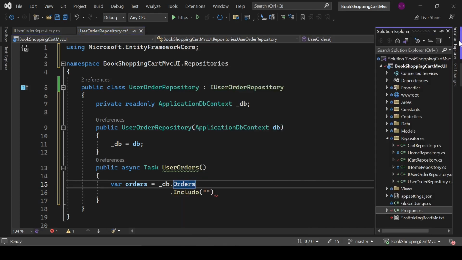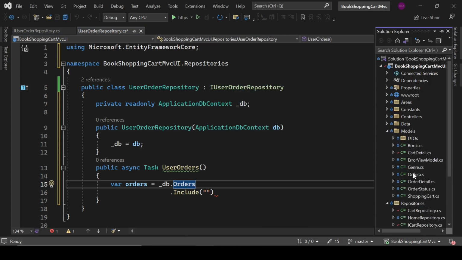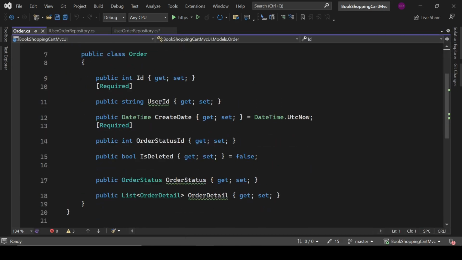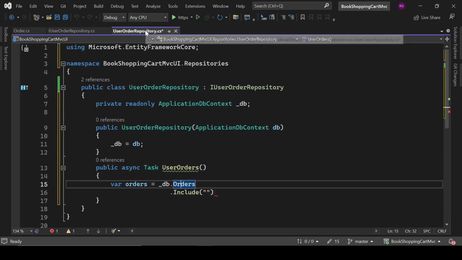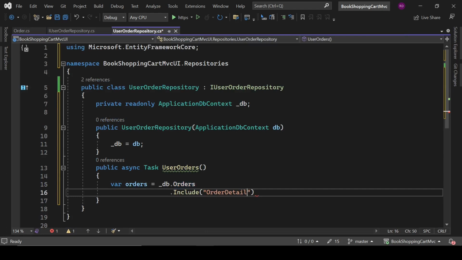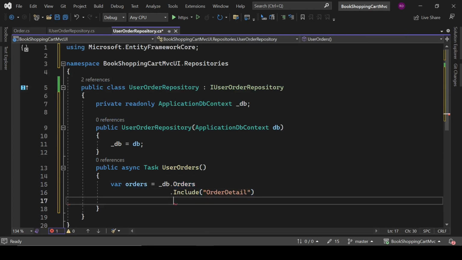So let's go here in the model Order. Now we have inside this key OrderDetails, so just copy it, and now dot Where, and here we will write a condition